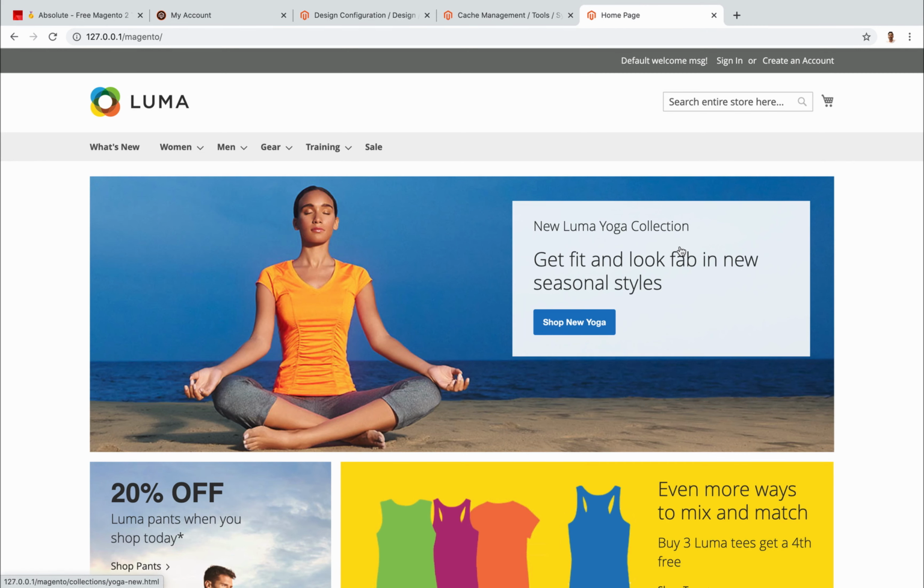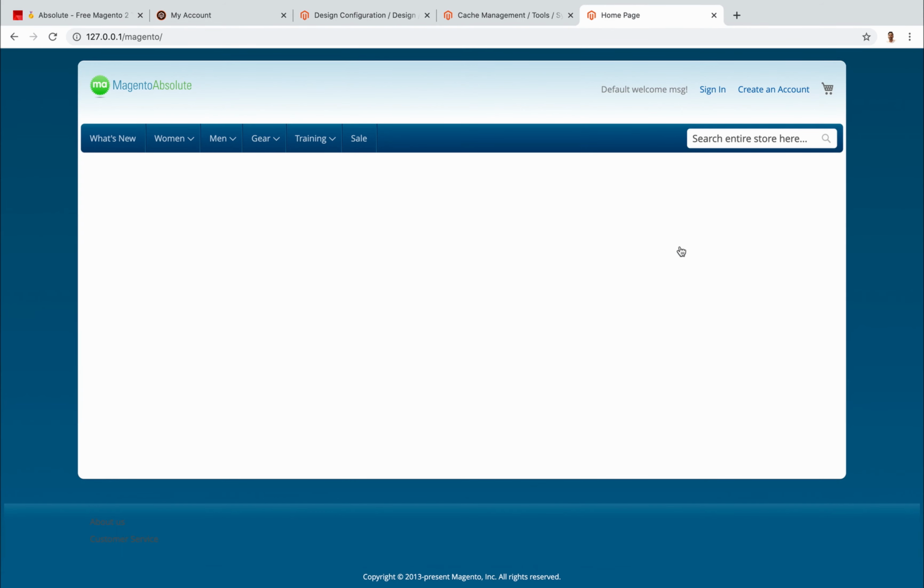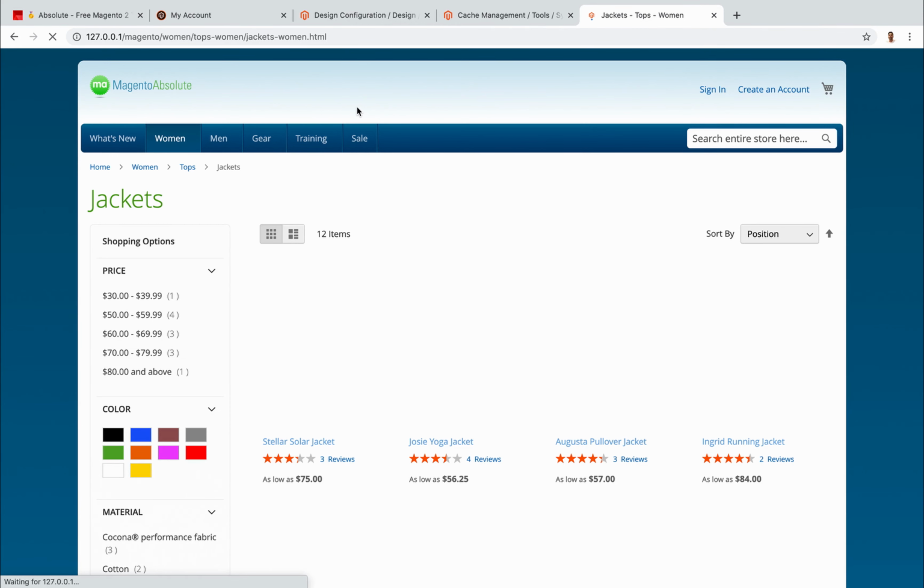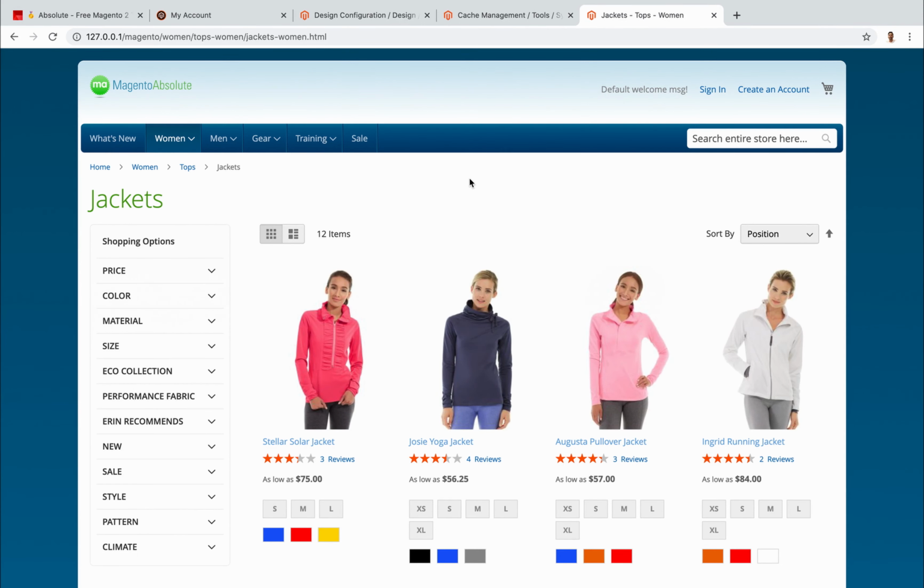Now I will go back to my storefront and refresh it. As you can see, the design of the theme has changed. Now you can see the new design in effect, as per the theme which we have just installed. We have successfully installed a theme in our Magento 2 instance.